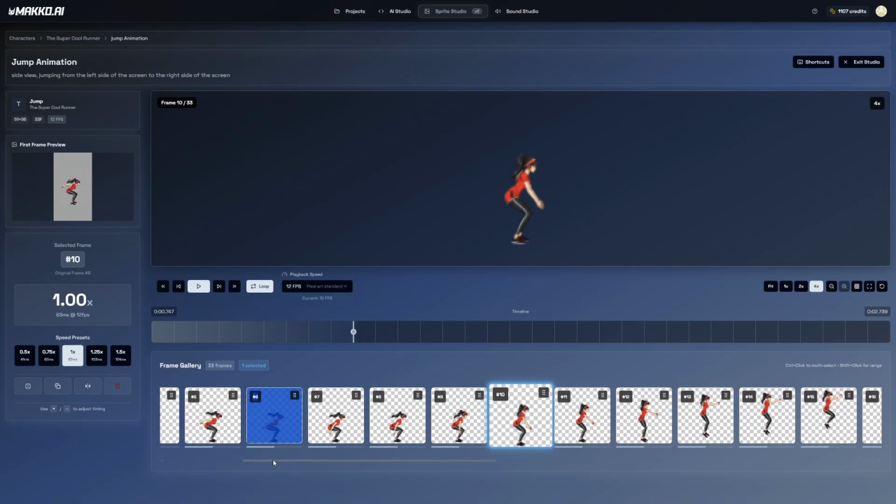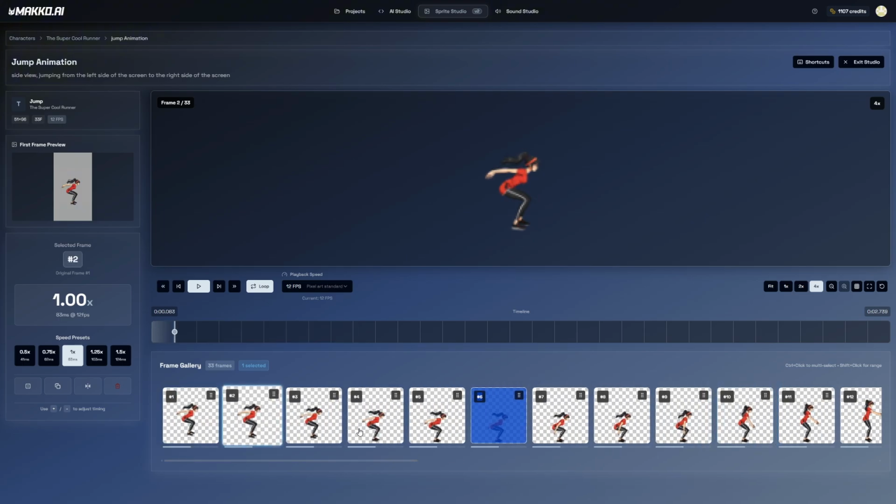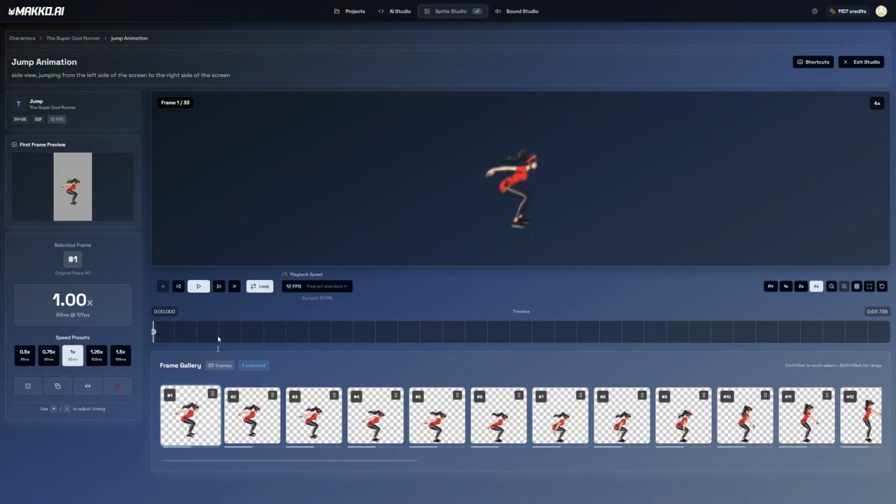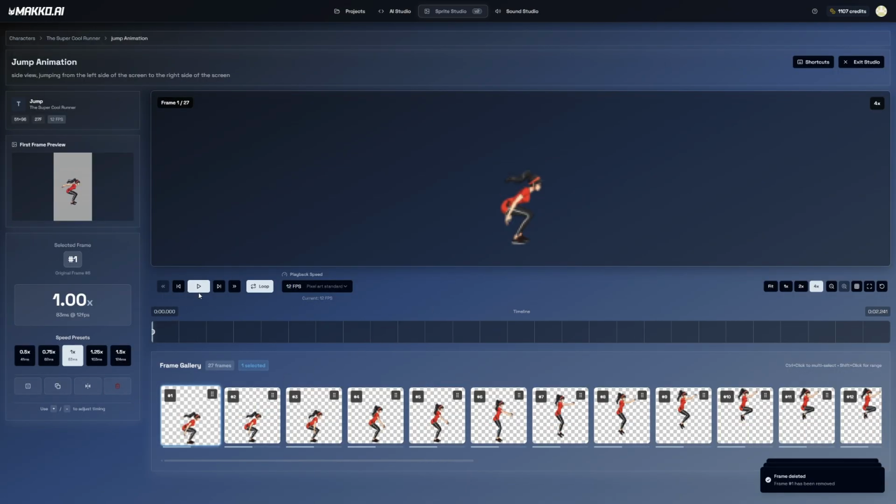Okay, and then at the start, it looks like she's falling to the ground first. So let's go ahead and find out where she actually touches the ground. Starts getting ready to jump again. Looks like right there. So we're going to go ahead and delete the first 6 frames. There you go. And let's go ahead and see how that